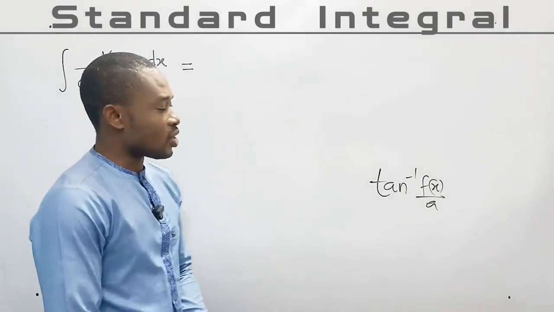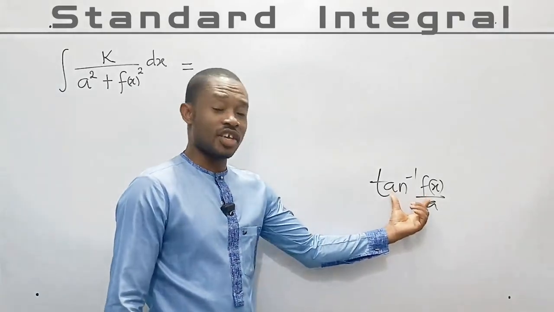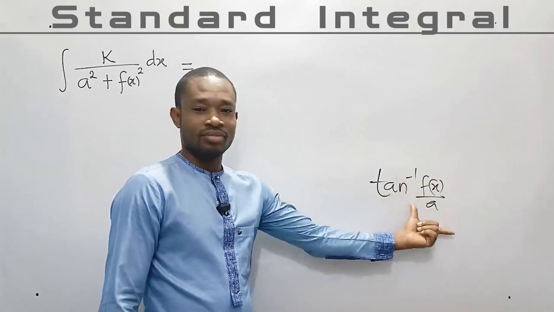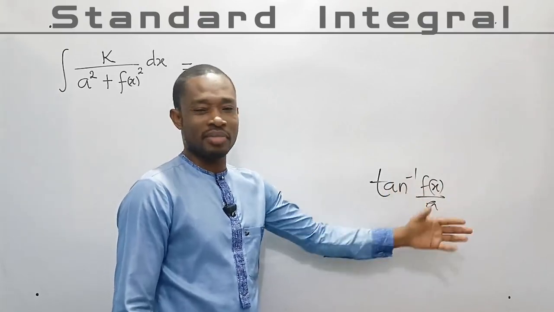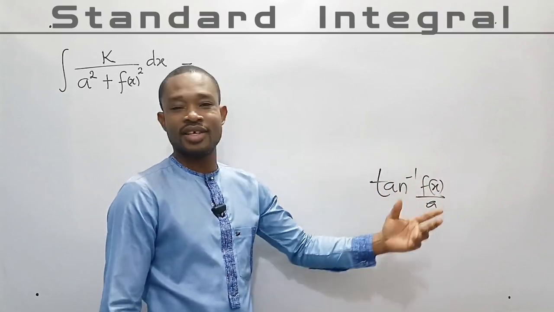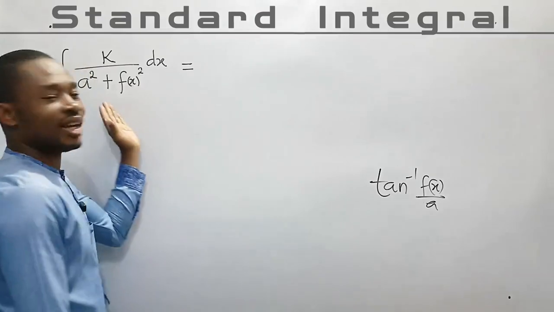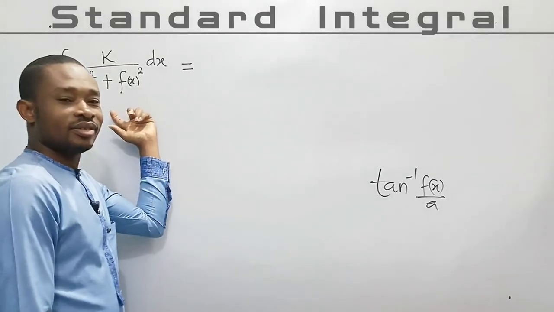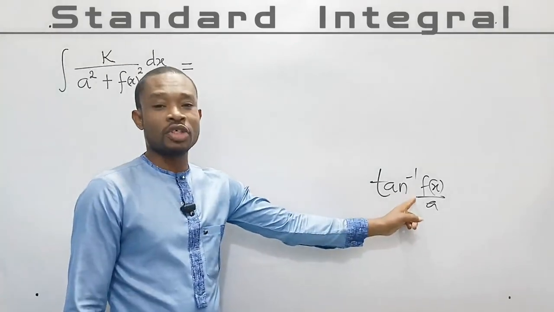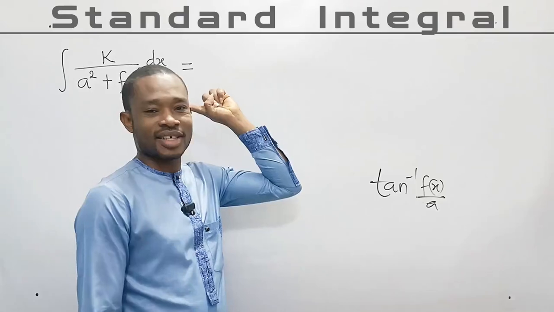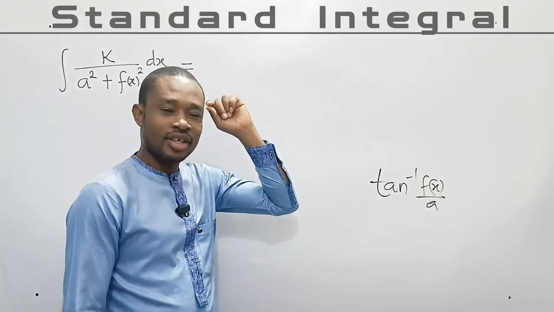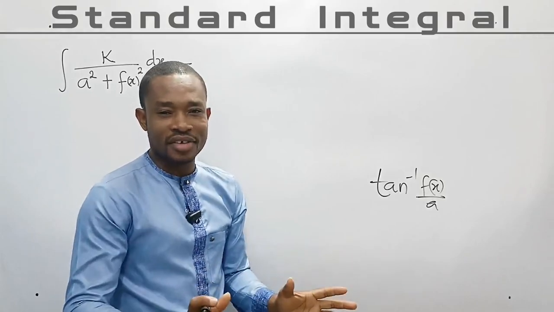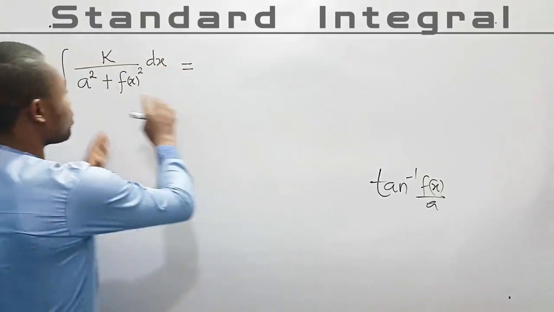So since we know that under differentiation, if you differentiate a function called tan inverse of a function divided by a constant, your result will be something like this. Therefore, if you integrate this expression, you're going to get back the function which you differentiated to get that expression. Therefore, my dear friends, in summary of everything I've said here,